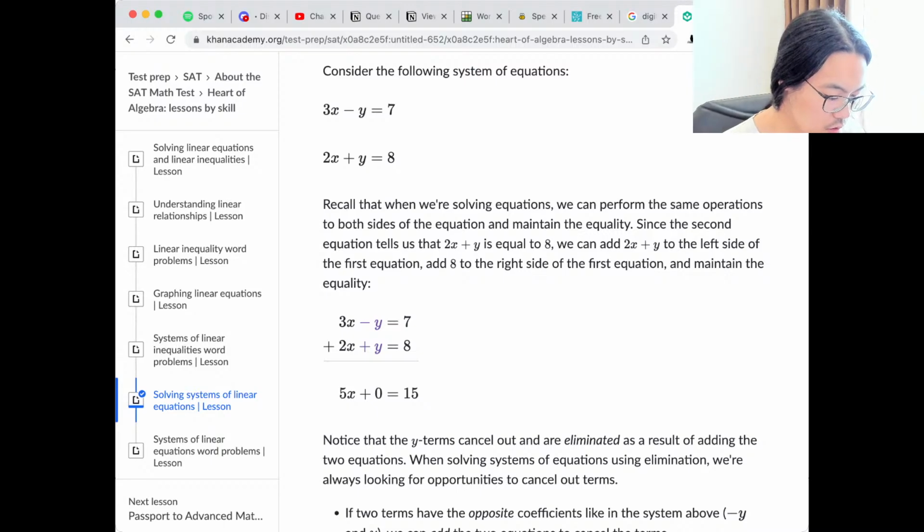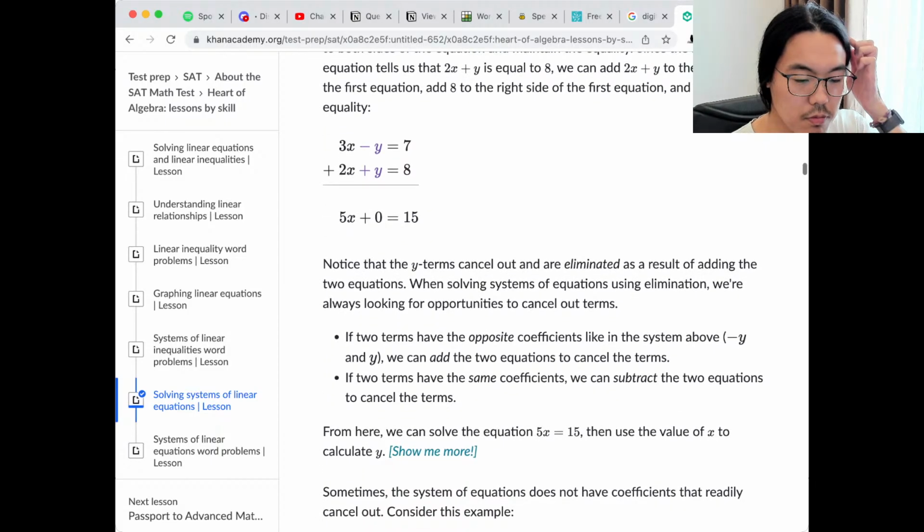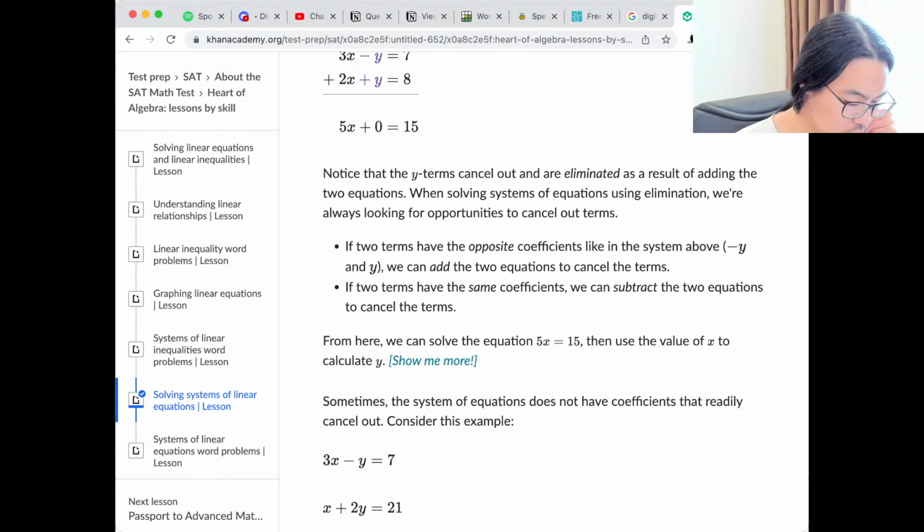So if we multiply by minus 3 on the bottom, then we get y is equal to minus 2. Huh. And then, oh, I see. Okay. Then once we have y is equal to minus 2, then